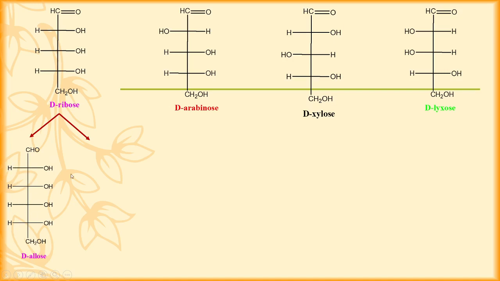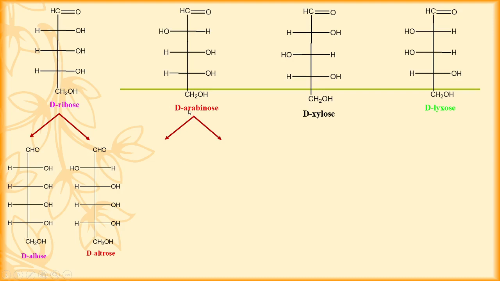This is the hexose sugar. Again in the next, right hand side molecule, we add 1 carbon atom after this aldehydic group and we write the hydrogen on the right hand side. This is the left hand side molecule, and this is the right hand side molecule for the D-ribose, so we write the hydrogen on the right hand side. So these two are the hexoses for this D-ribose.